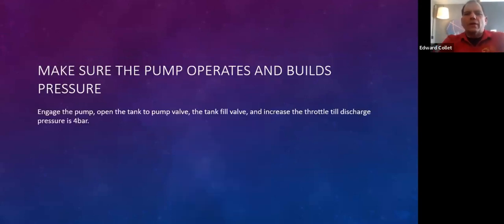We want to make sure that the pump works and it builds a proper amount of pressure. When we're checking our pumps every day, we have to put it in gear, bring water in from the tank, so open the tank to pump valve, then put a hand line on a discharge or even just a nozzle on the discharge, bring the pump up to pressure and make sure that we're getting the amount of pressure that